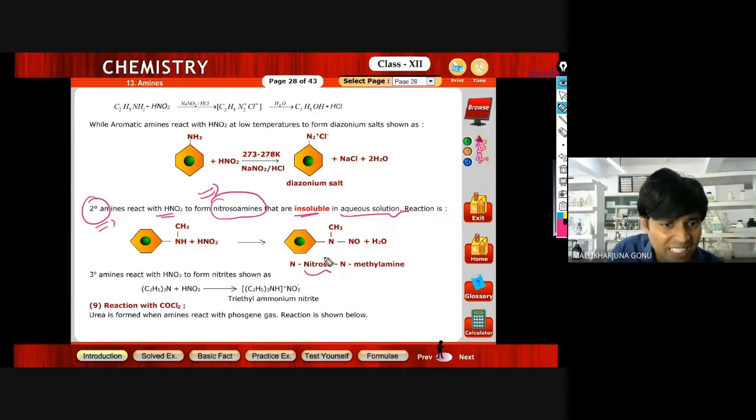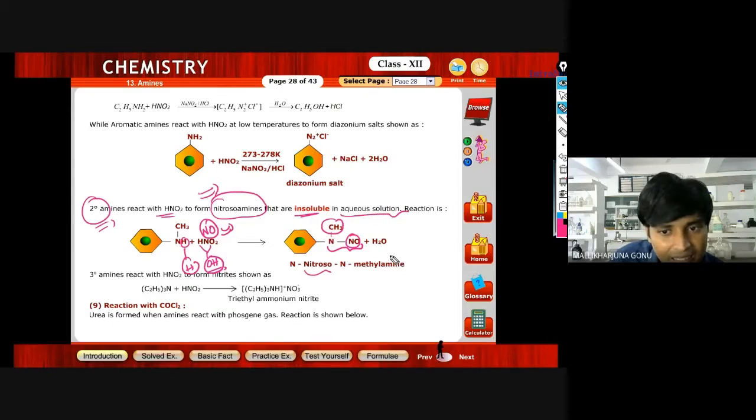So basically what is happening here, a water molecule is going. Take one OH out from here, and one H from here, a water molecule, because you bring H from here and OH from here. So what is left? Here when OH is brought, NO is left. What you are having here is the nitroso group. So NO is attached to the nitrogen, this is the nitroso, N nitroso,